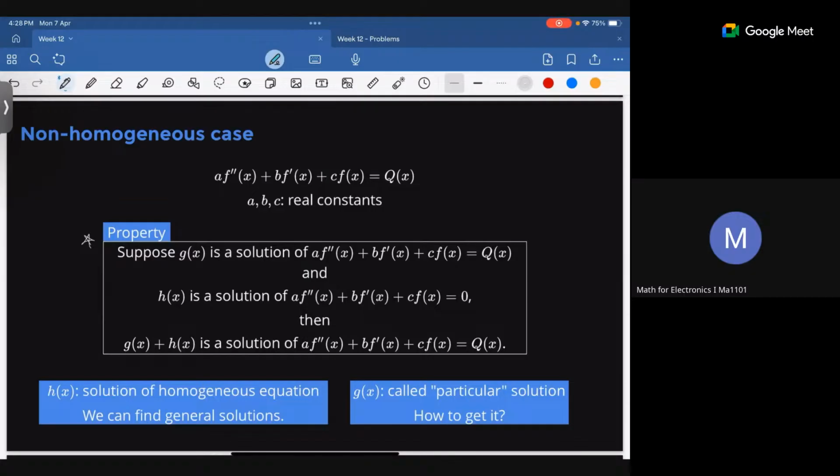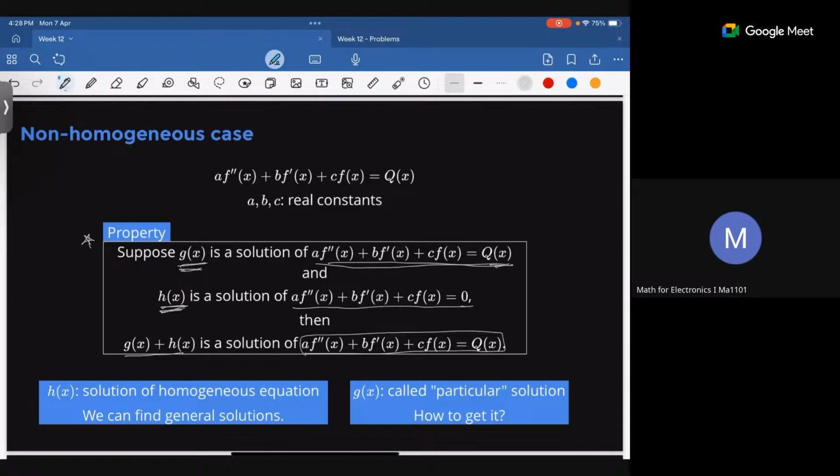So if you have a solution g of x for this particular given second order ODE, and you have h of x as your homogeneous case solution, so you keep q of x to be 0 and solve for the homogeneous case and you will have a solution h of x, and g of x will be the solution obtained by taking the given q of x, then if you add these two, g of x and h of x will be a solution to this particular